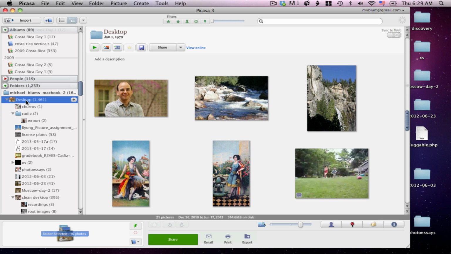So if you've downloaded Picasa, and you can download that at picasa.com, you can download the latest version. And once you install it, you just ask Picasa to look through all of your photos and files, and it'll find all of your images. And you'll see when you're in Picasa, you've got your list of folders and files on the left-hand side, and each of the folders opens up as you click on them